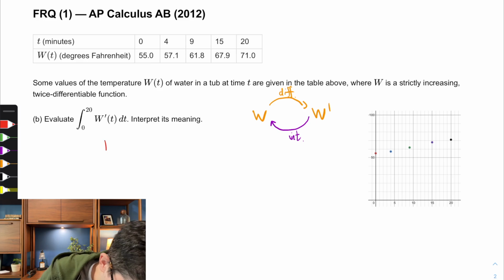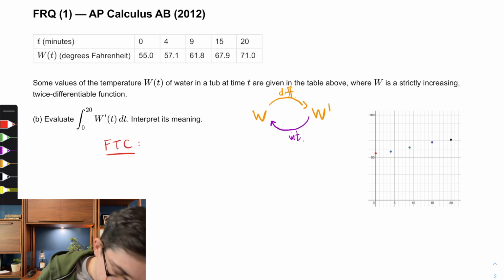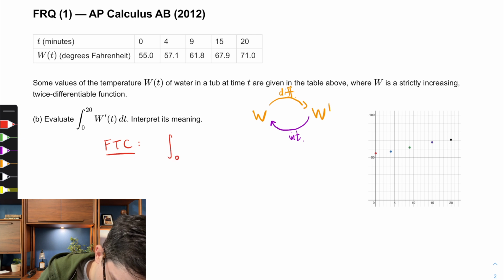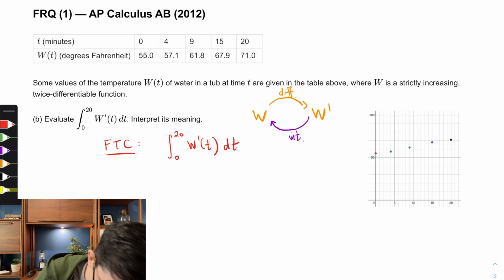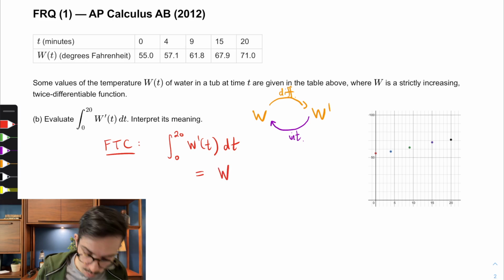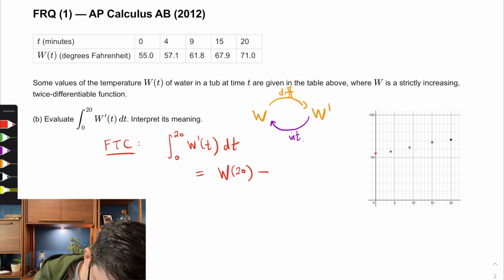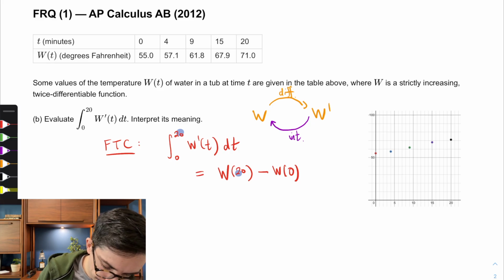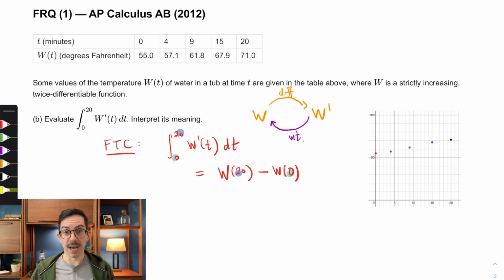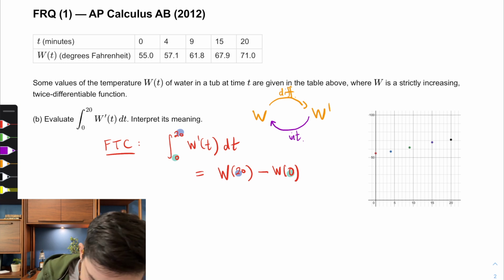To make that more precise, the Fundamental Theorem of Calculus tells us that for this integral, all I have to do is figure out an antiderivative of W prime and take the difference evaluated at the limits. By what I was saying previously, W is an antiderivative for W prime. I'll evaluate it at 20, I'll subtract off W of 0, just matching up my limits. And now I can read off from the table